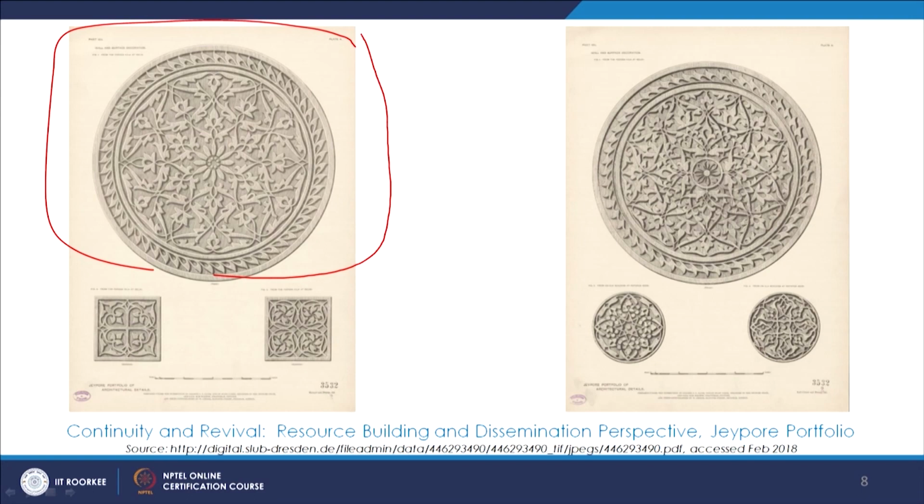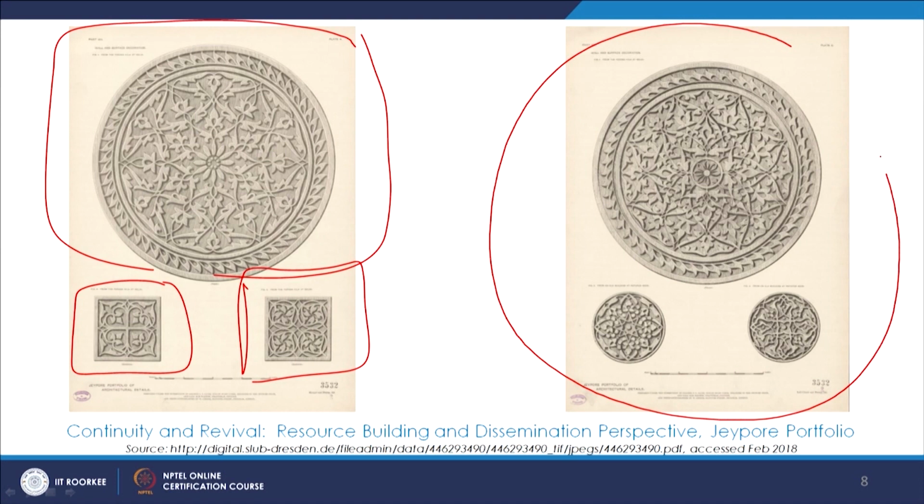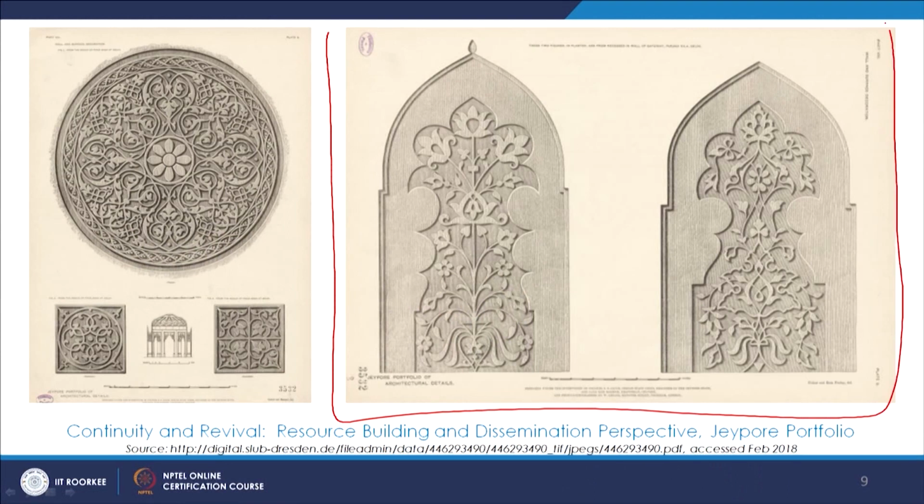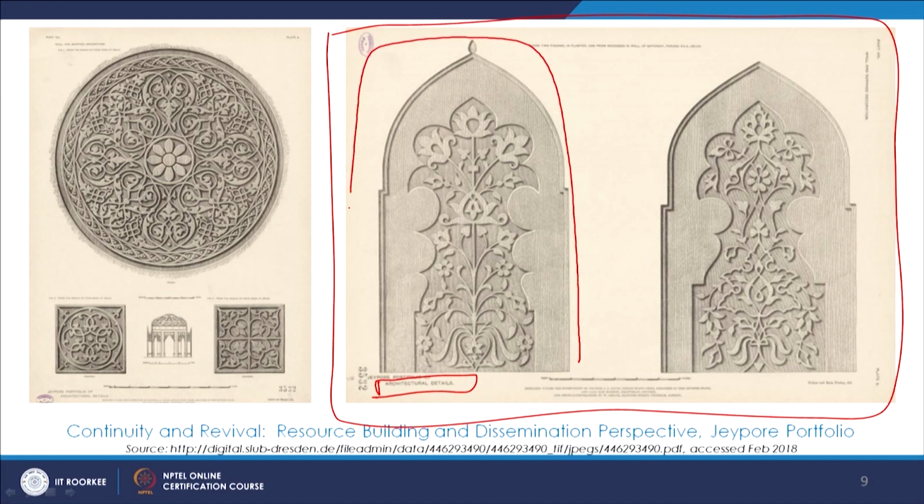So all these details we get to know through these drawings, which have been documented and which are now getting disseminated through this resource which was built by some pioneering efforts. Further, we see some more details over here, some details over here. So all these plates, they are there as resources and inventories, and there is lots to learn from and refer to. Again, over here, we see these architectural details, and we see over here the surface and the detailing part.